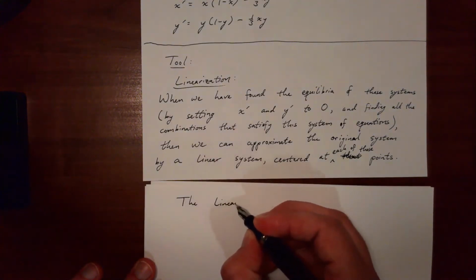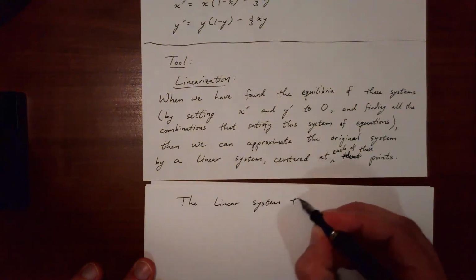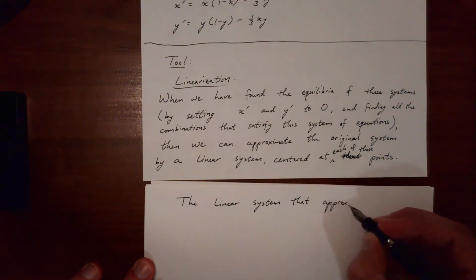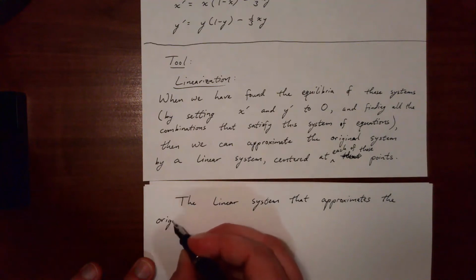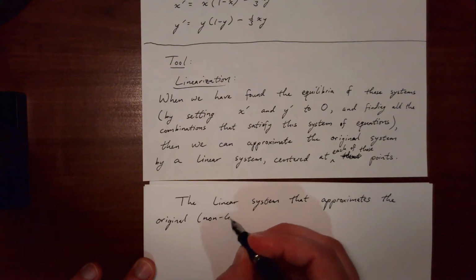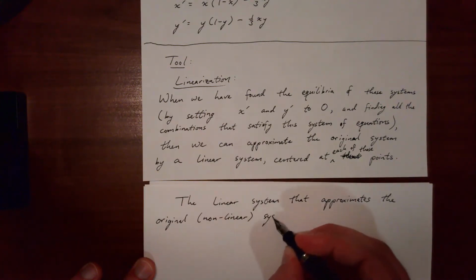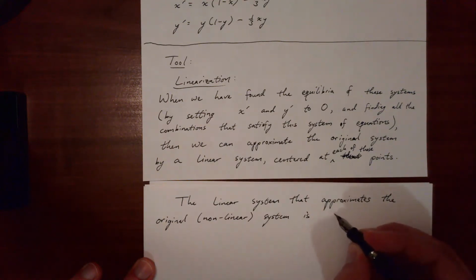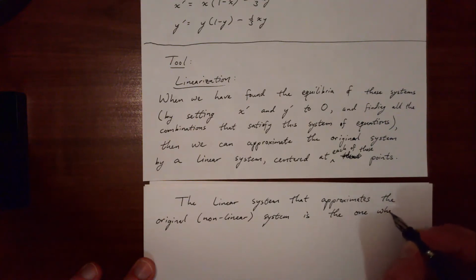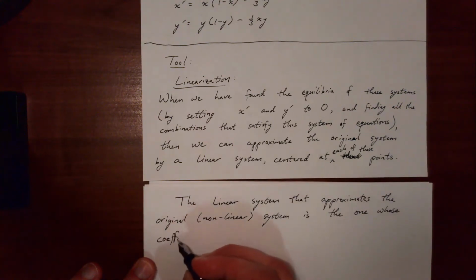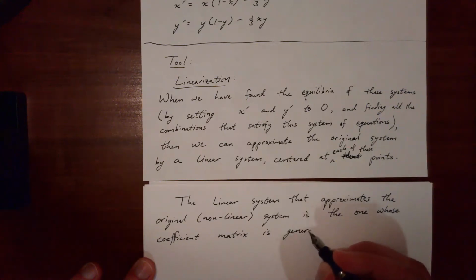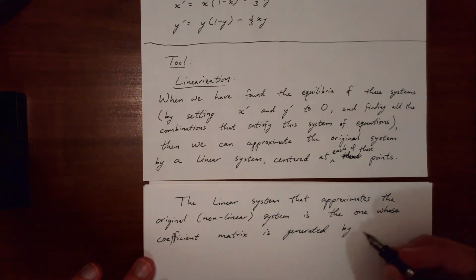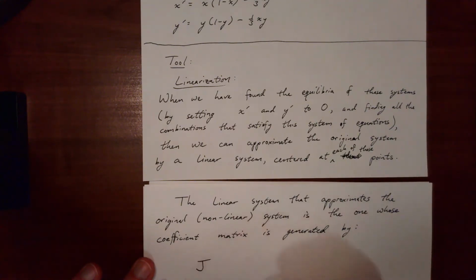The linear system that approximates the original nonlinear system is the one whose coefficient matrix is generated by, and we can call it J,